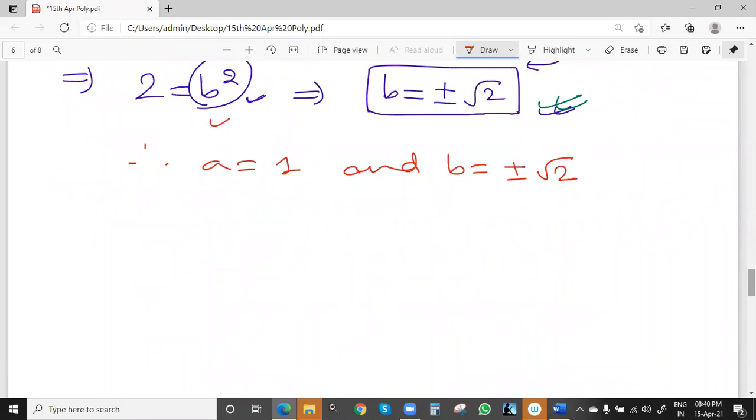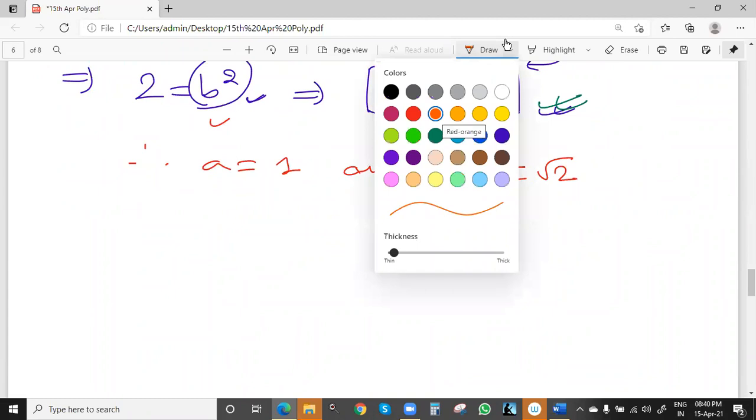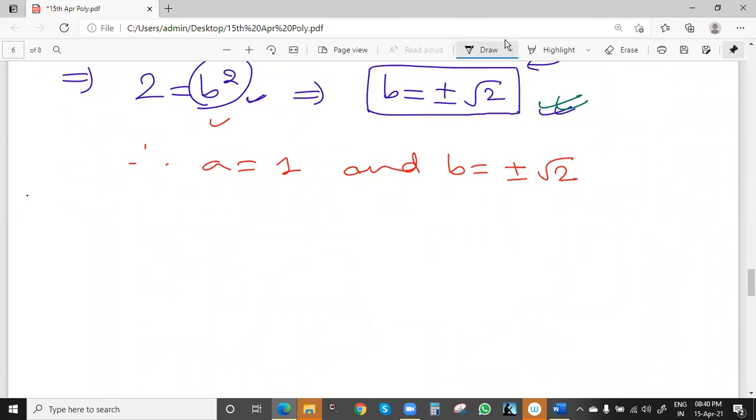So we'll see one last question, and then the remaining 4th one or 5th one, anyone you can solve. Suppose we solve the 5th one, the 4th one will be homework. If we solve the 4th one, the 5th one will be homework. So you can see once from your book which question we can discuss, 4th or 5th, because we can discuss any one now, and the remaining will be homework. Which one can we solve now? Both are of equal difficulty level.